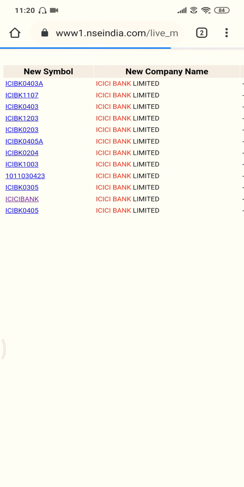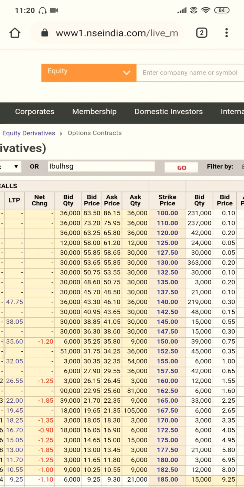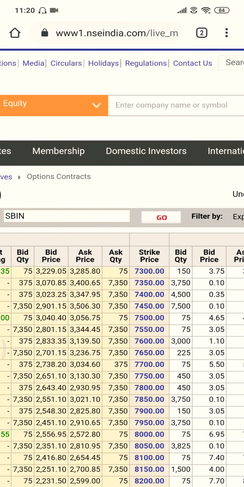And apart from that, I want to discuss how the options market emerged in India. Initially, when NSE started in 1994, there was no concept of options in the Indian markets. When options arrived in the Indian markets, options were broadly categorized into two main categories, American style options and European style options. Right now we are following European style options. I will explain the difference between the two in the webinar also.